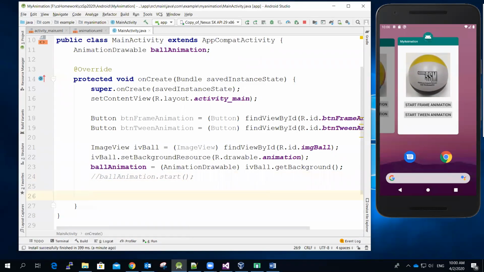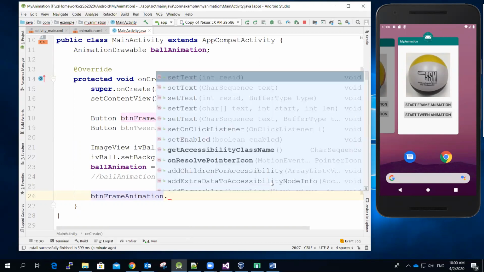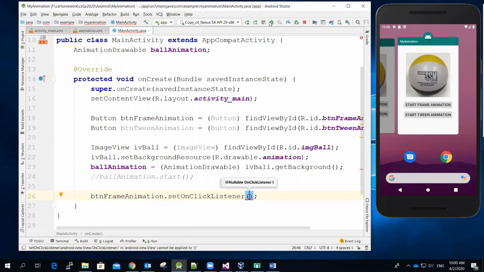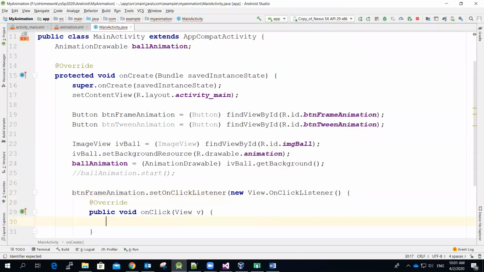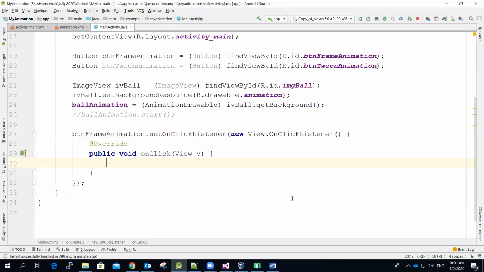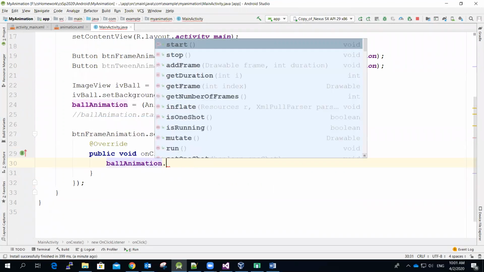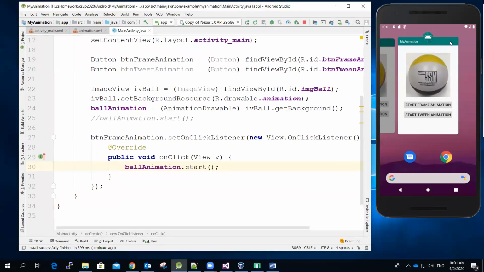Over here, let me try the button frame dot set on click listener. Let me increase the screen size a little bit, and then new on click listener. Then in the on click method, I'm going to type ball animation dot start. So once the button is clicked, you will start